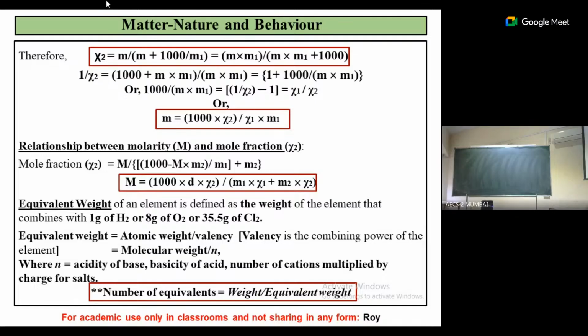In fact, नीचे देखो तो, valency क्या है? Valency is nothing but the combining capacity of an element. तो जैसे मैंने बोला